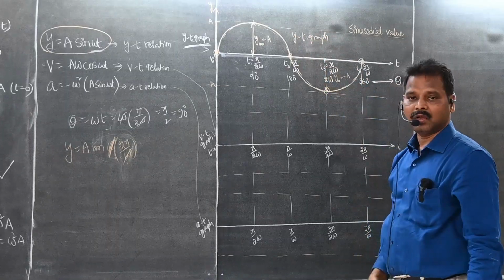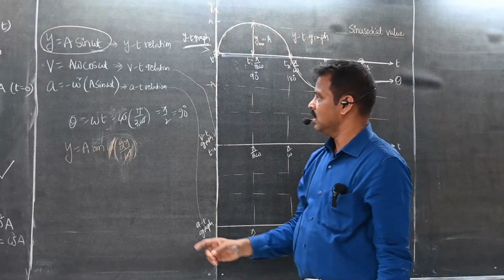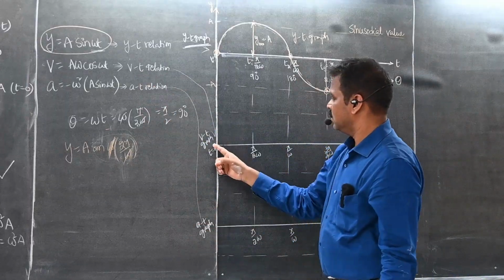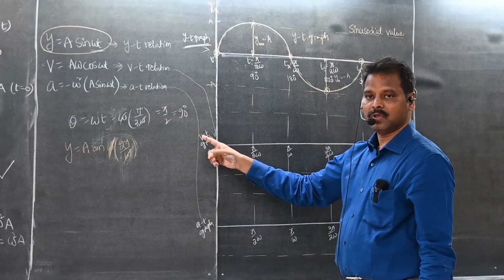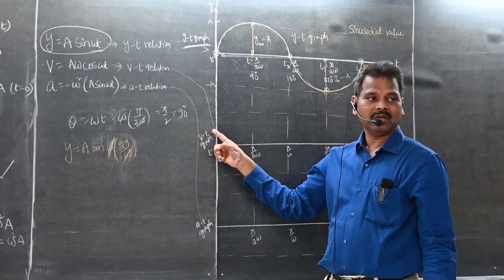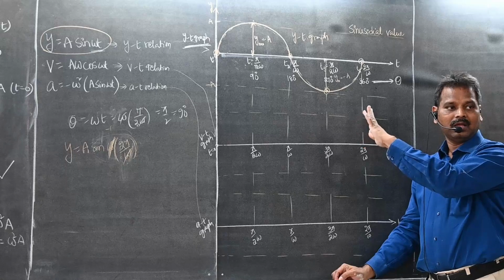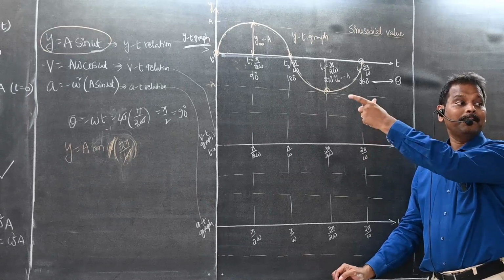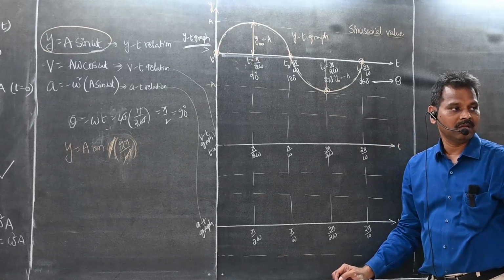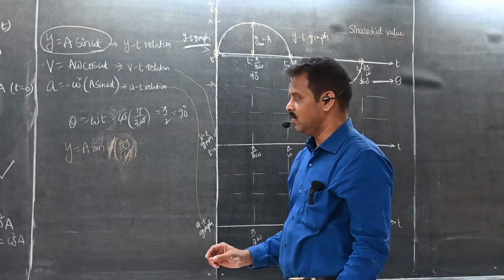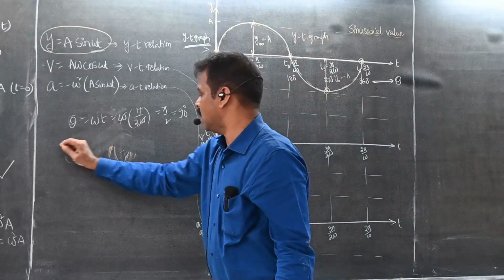Displacement time graph. Now we will go for the next equation. What is that? We are drawing the Vt graph, how velocity changes with the time. I am going to take the same time intervals to have the grip on that comparison of displacement and velocity. Displacement and velocity. So which equation do I have to take now?